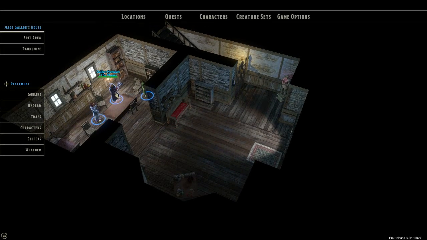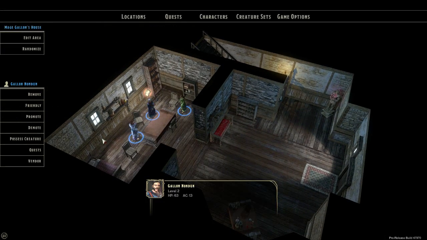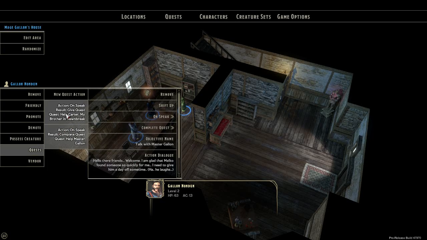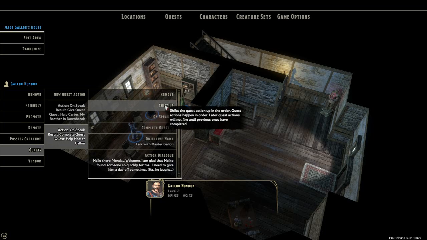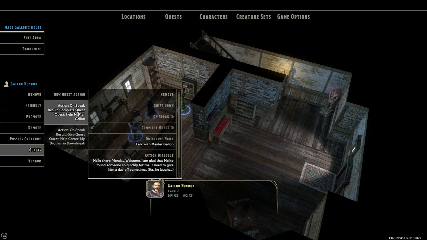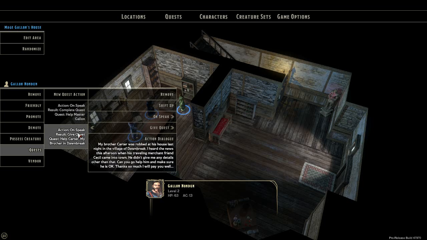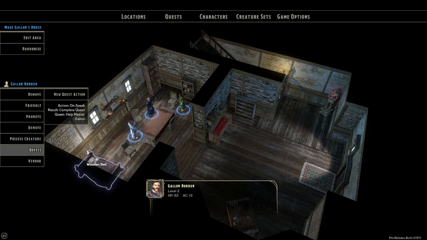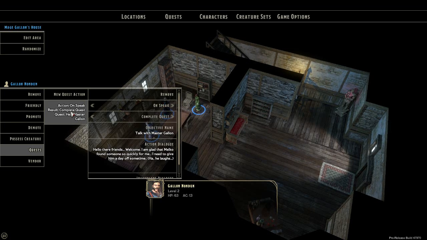So go in there. Alright, come talk, quests. This one we want to first speak, complete the quest. Second quest, which is this one here, we want to copy the text and we want to remove that. Alright, so on speak,